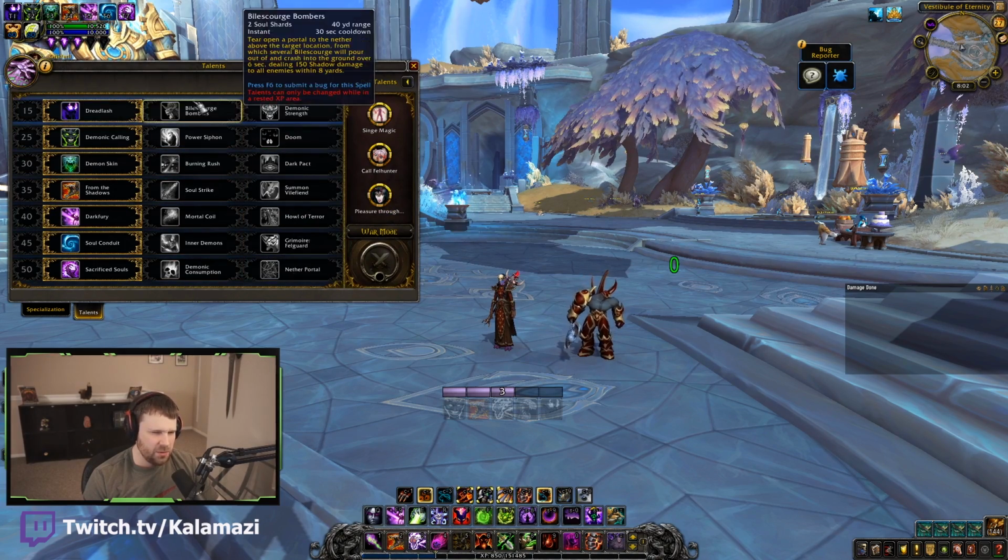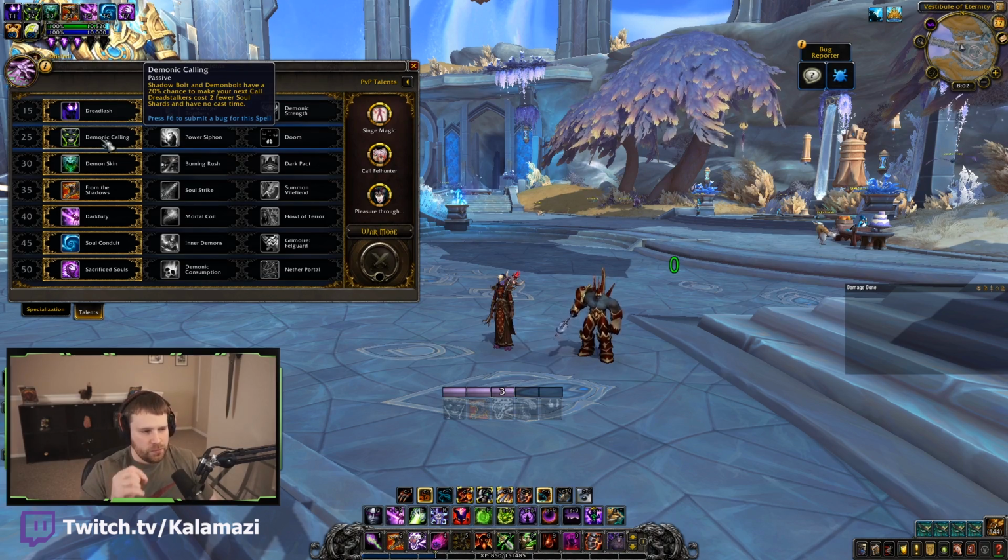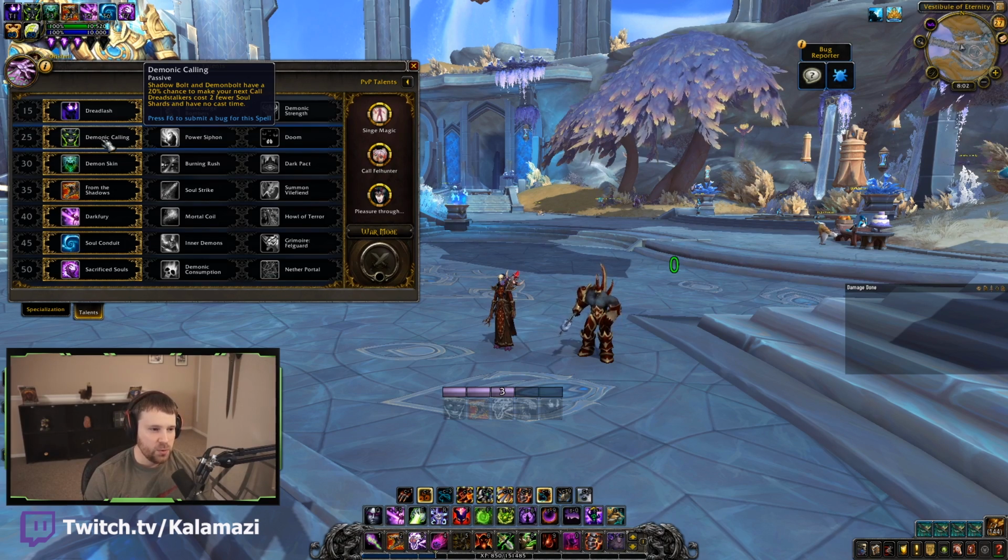I don't really know. They're all the same, essentially. In the 25 row, however, Demonic Calling has been changed. Shadowbolt and Demon Bolt have a 20% chance to make your next Call Dreadstalkers cost 2 fewer soul shards and have no cast time. So the difference between this Demonic Calling and the Demonic Calling on live is that in BFA,